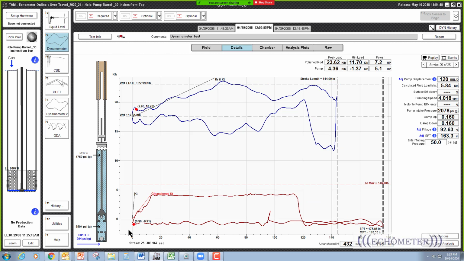So a lot of times when you see a hole in the pump barrel, you also see an unanchored pump. So it's very common. See, this well has an anchor in it, and the pump card should look like this, but it's unanchored, likely because the pump would start hitting at the top and unseat the anchor. Now, if we go look at the analysis plot,